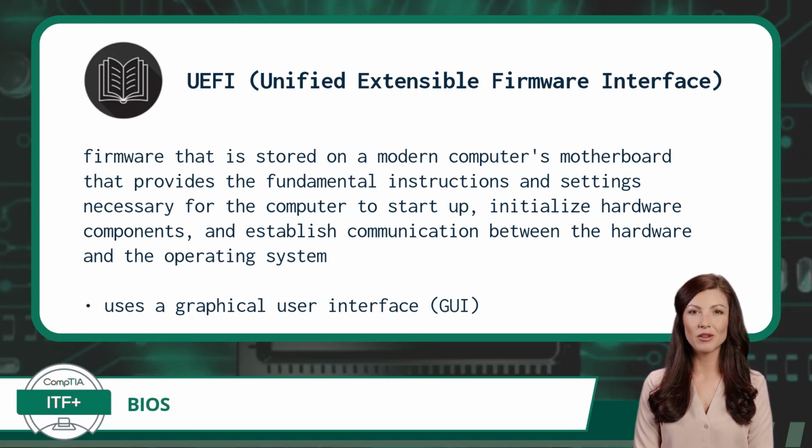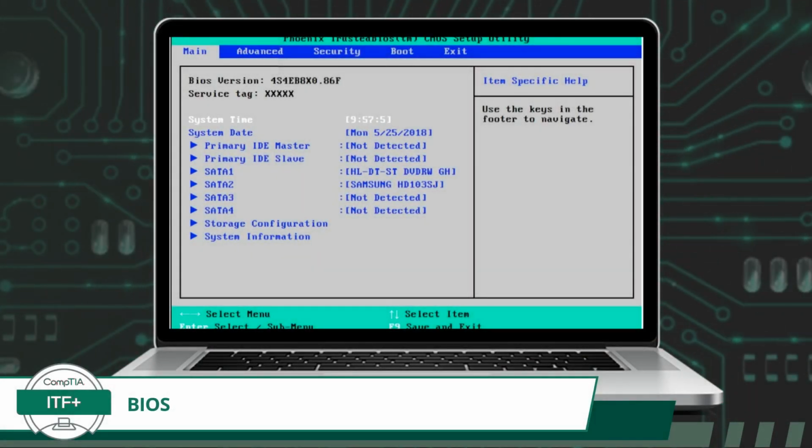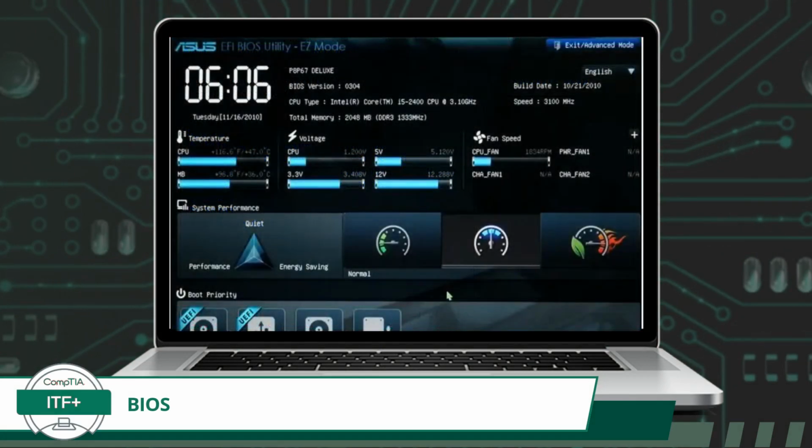Additionally, when making configuration changes to the firmware, you will be provided with a graphical user interface, known as a GUI, instead of the text-based interface that was available with BIOS. Here we have a BIOS configuration screen. For now, just notice the text-based interface. And here is the UEFI interface. Your interface may look a bit different. I just wanted to give you an idea of what to expect when accessing the BIOS or UEFI for configuration